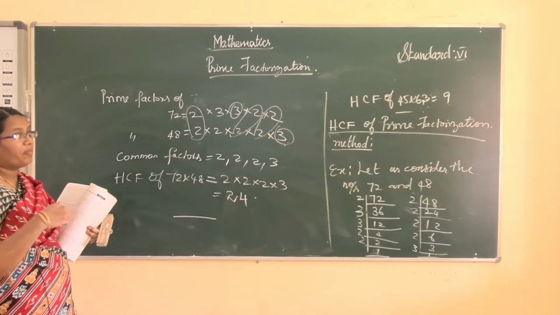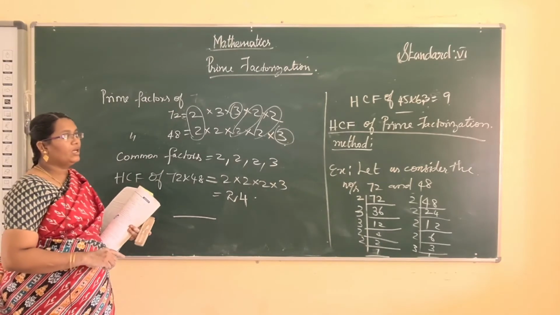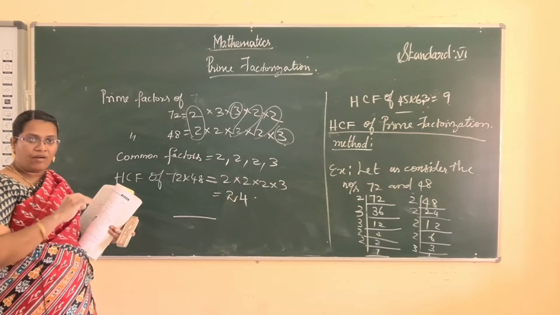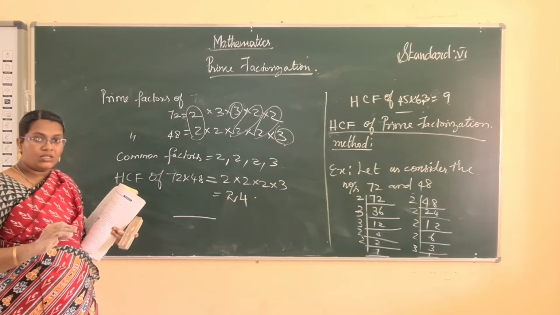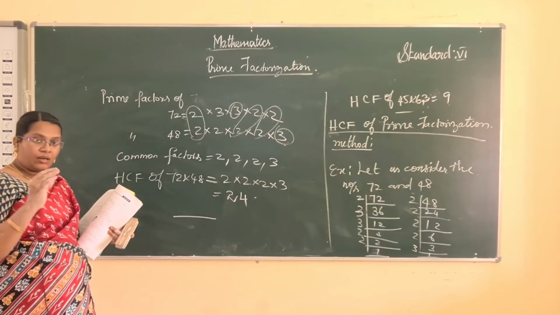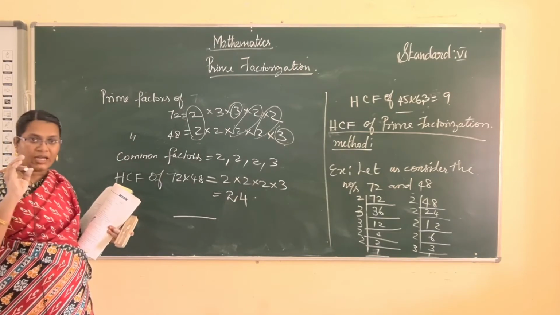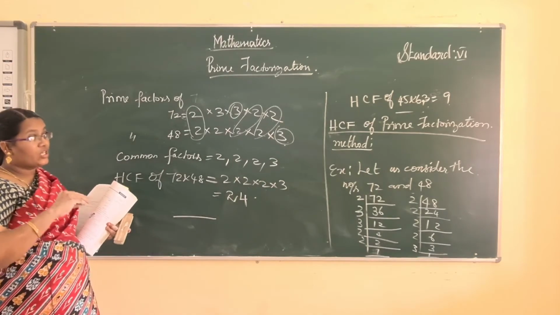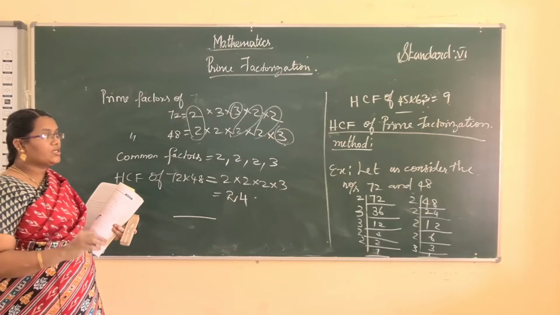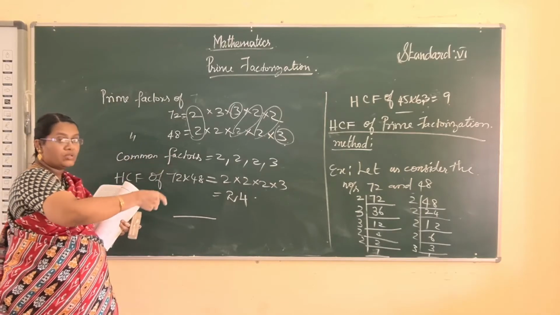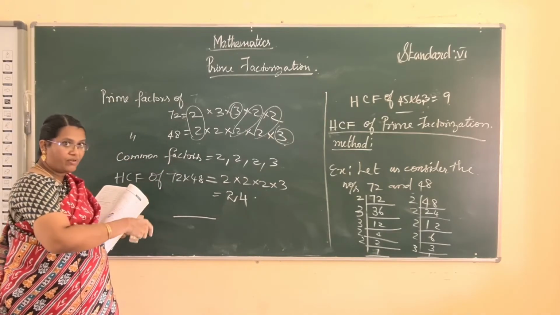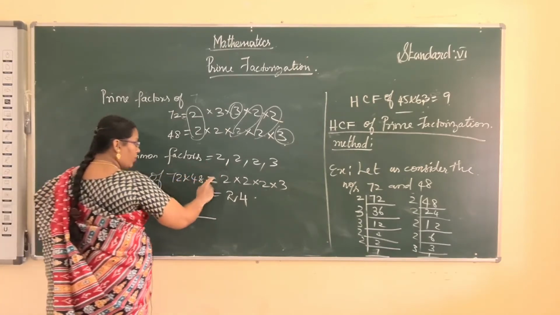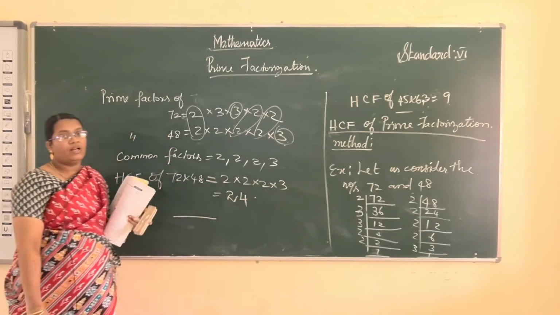Okay, this is one of the methods, the HCF by the prime factorization method. Generally, to find the HCF, you write all the factors of the given numbers, then write the common factors, and the highest value is considered the HCF. In this method, first use the short division method to find the prime factors of the given numbers, then write the common factors, then multiply the common factors, and we get the HCF of the given numbers.